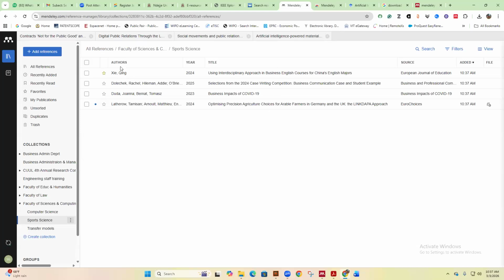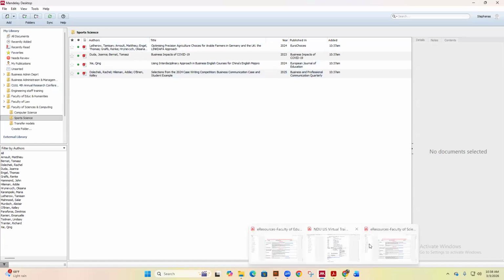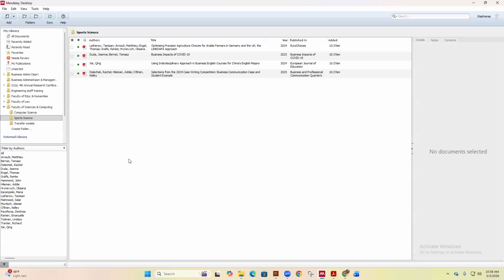interchangeably. Now the online account helps you that in case the gadget we're using physically gets a problem, or you are not with it, you traveled and you want to continue with your assignment or your article paper writing, you can still continue because you are working with your credentials. So you can just log in and make sure that the computer has Mendeley Desktop, and then you can continue